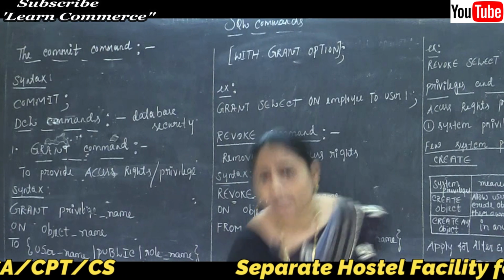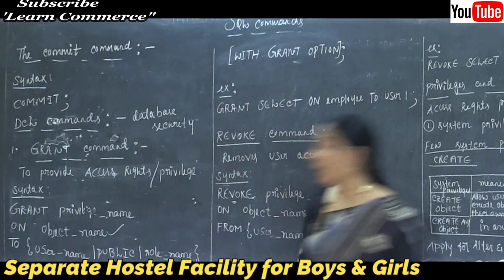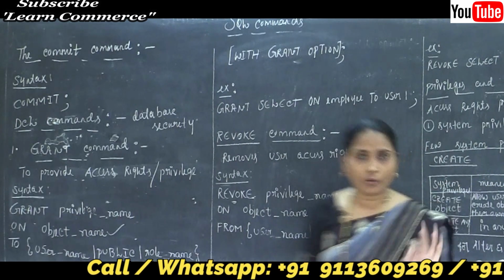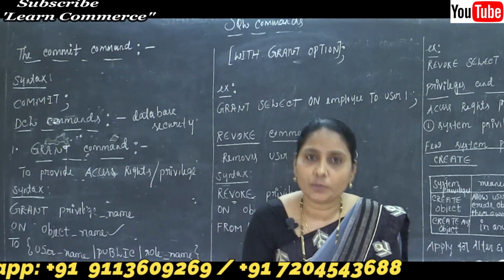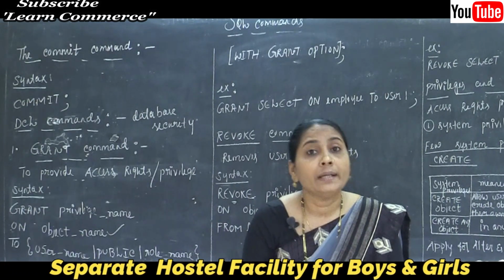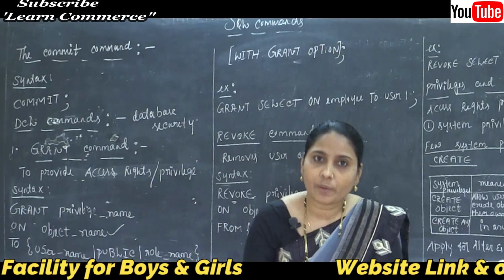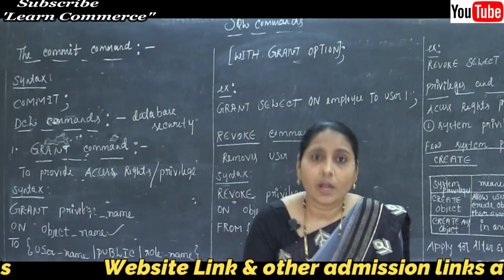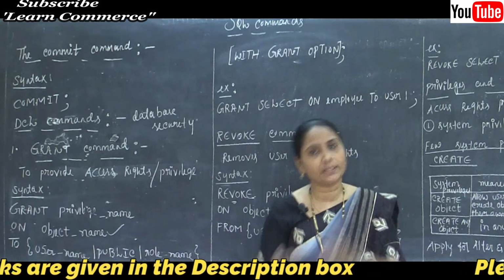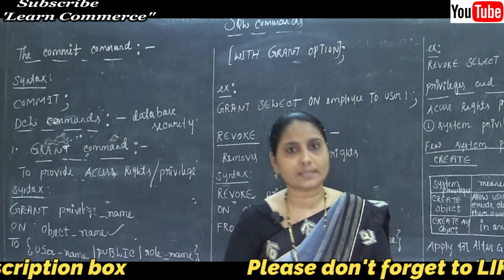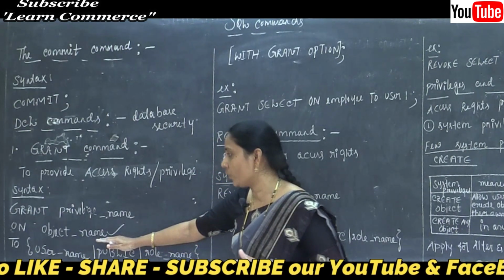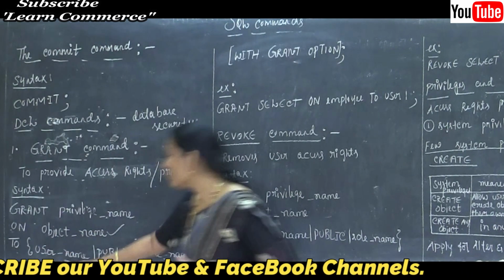Now what do you mean by object_name? The object is also called the table. So we can say that the object_name is the name of the database object, or in simple words we can say the table, or in other words a stored procedure, where we are storing the data by using the table. So the object is also called the table. Okay, and after knowing the object_name, next is the user_name.